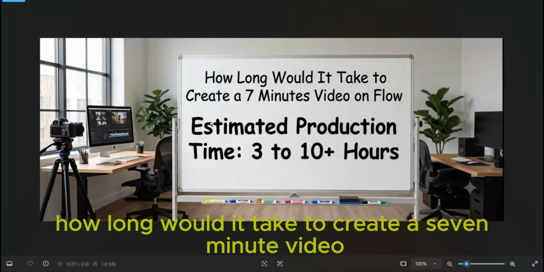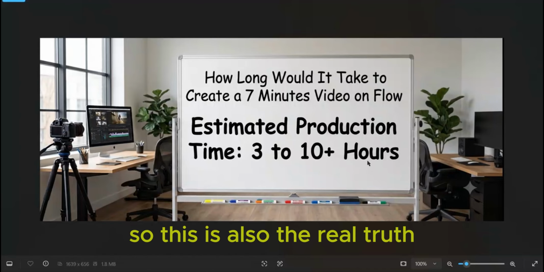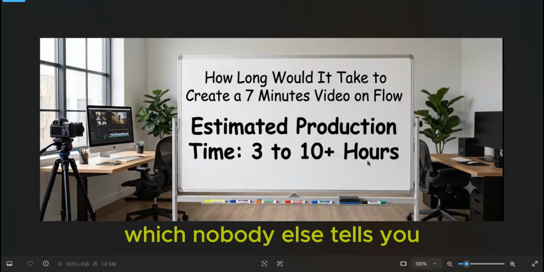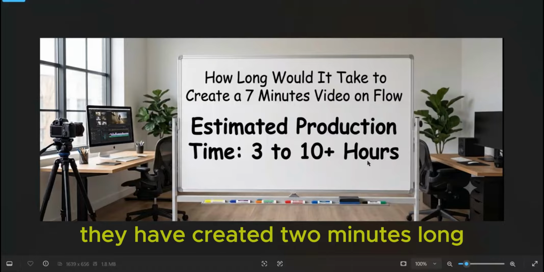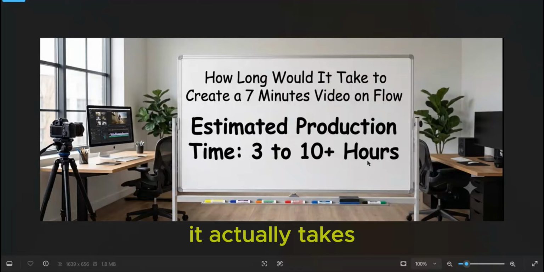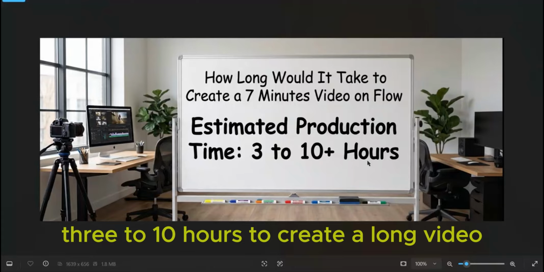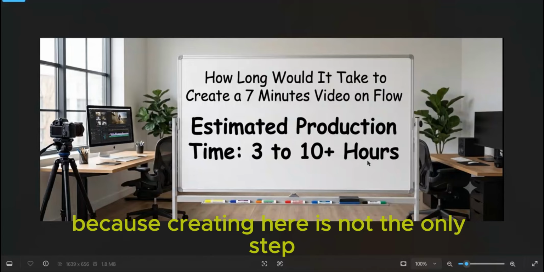So how long would it take to create a 7-minute video on Flow? Estimated production time is 3 to 10 hours per day. This is also the real truth which nobody else tells you, because in all the videos they show in 5 minutes that they have created a 2-minute or 3-minute long video, which is not real. It actually takes 3 to 10 hours to create a long video using Google Flow, because creating here is not